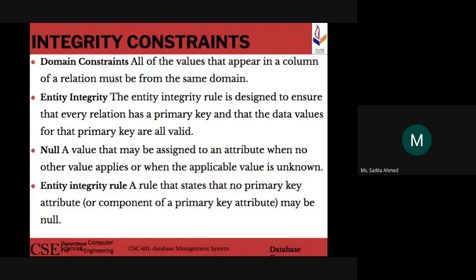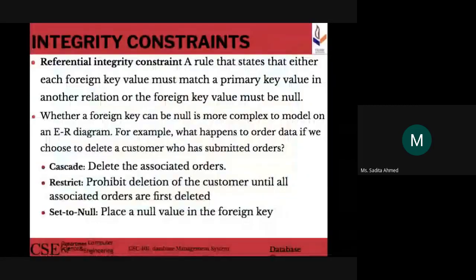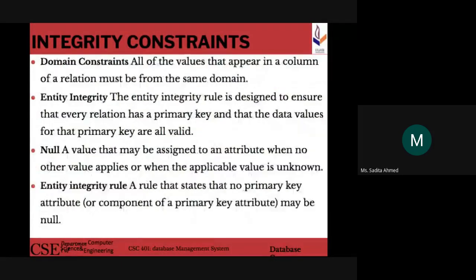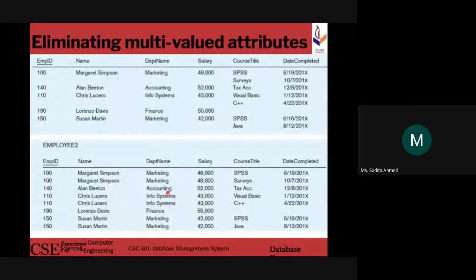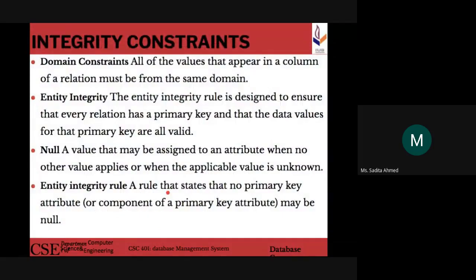All right? Now, on top of the rules we have specified so far, we have some other rules that we need to keep in mind, that we must be mindful of when we are creating our relational schema design, to specifically avoid situations such as these. All right, first and foremost,